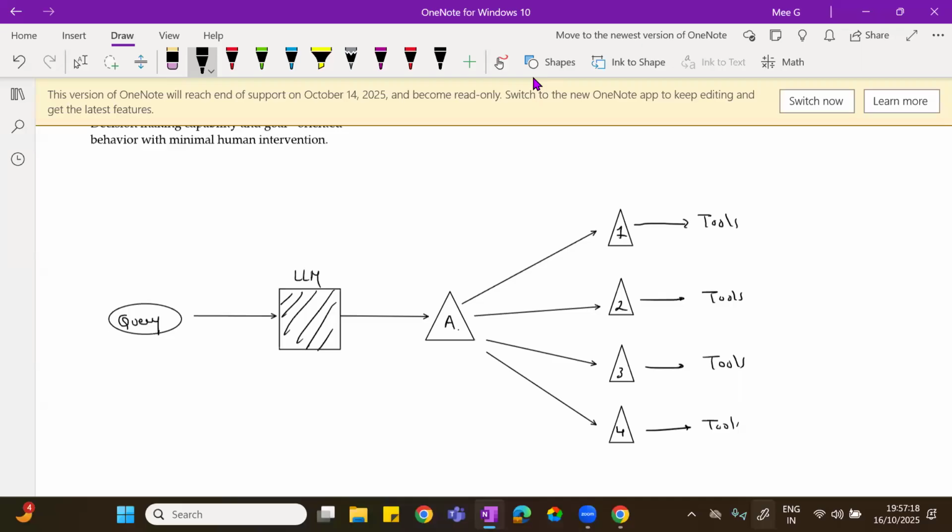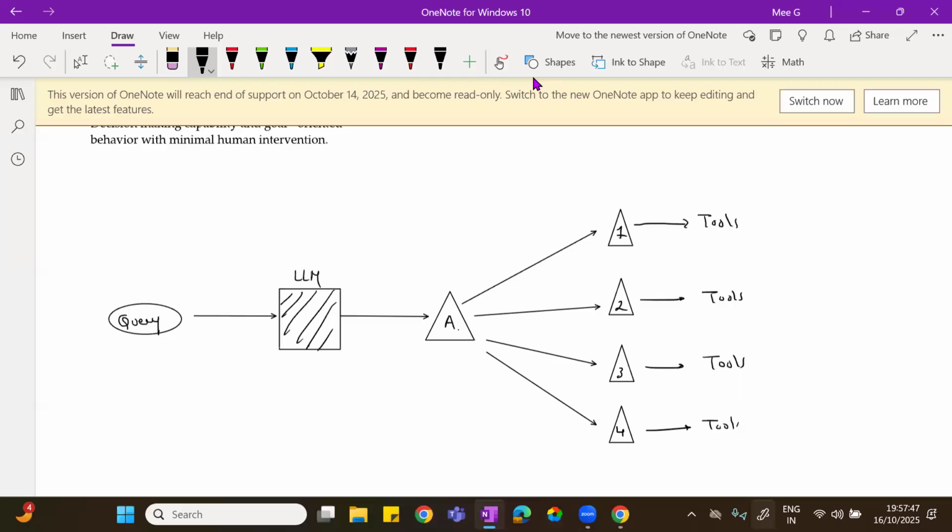The second will search for flight tickets and their fare. The third will look up the holiday destinations in that particular place. And the fourth will calculate the budget on a daily basis. That is what your agentic AI will be doing.